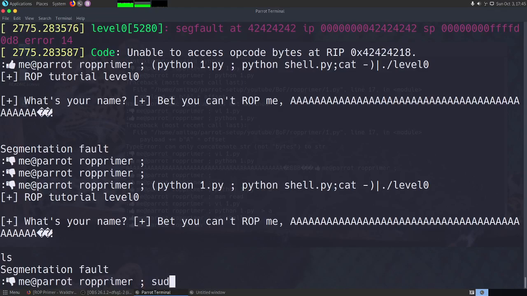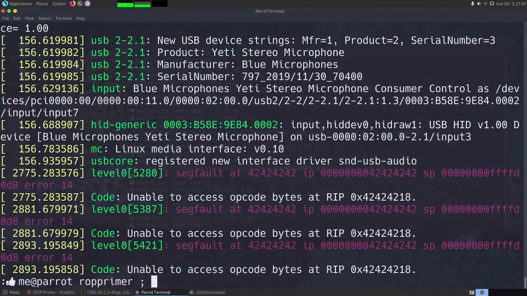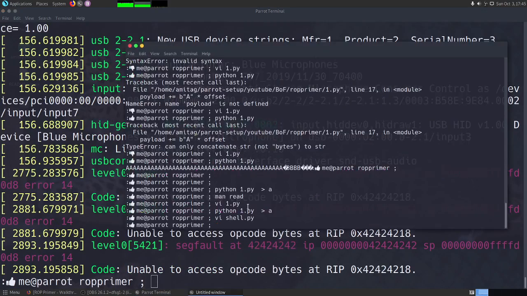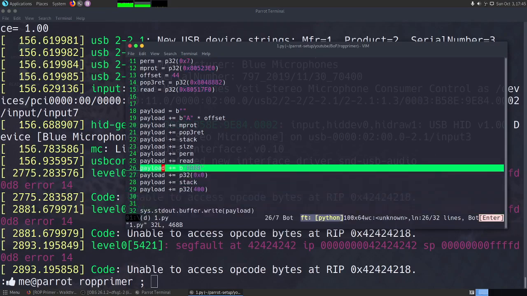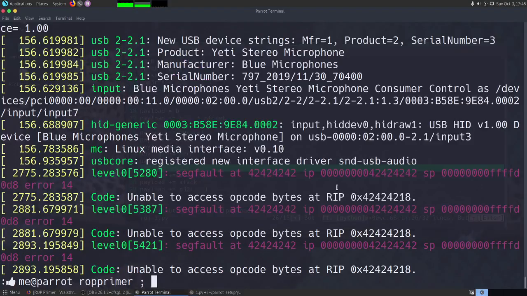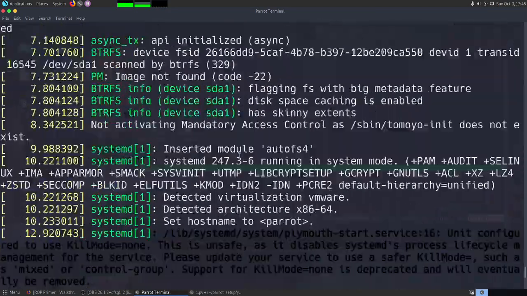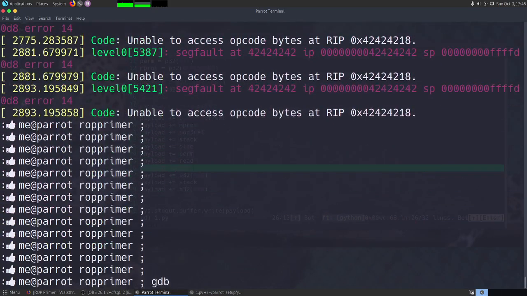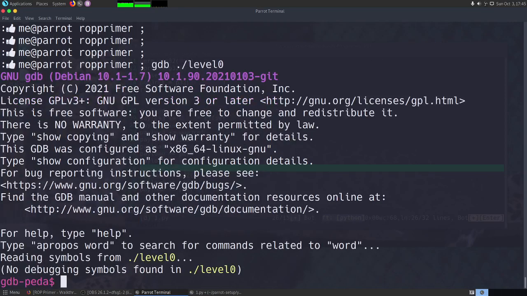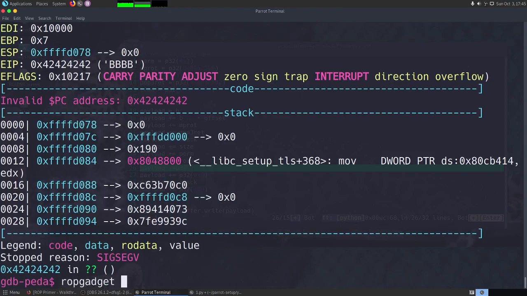So let's see why it is doing a seg fault. It is still seg faulting at this 424242. Let's fix that as well now. Instead of this return address, let's use the exit address. P32 level 0, run this raw gadget.